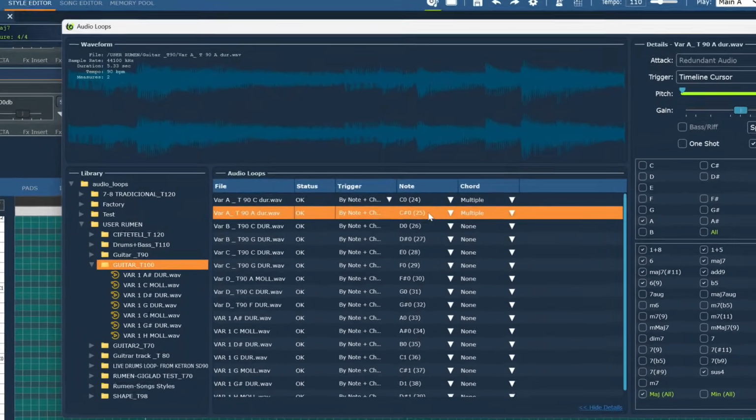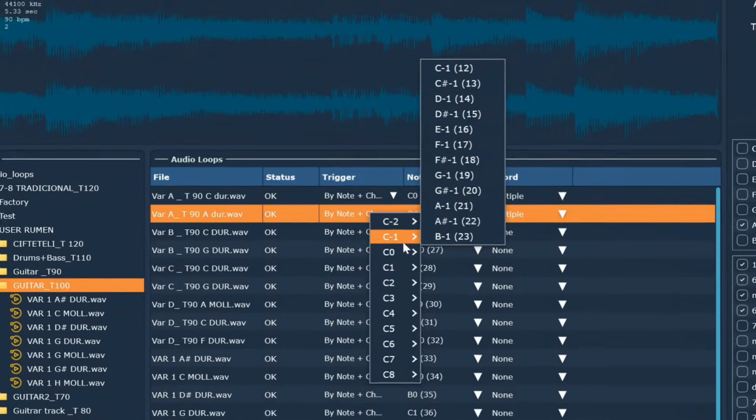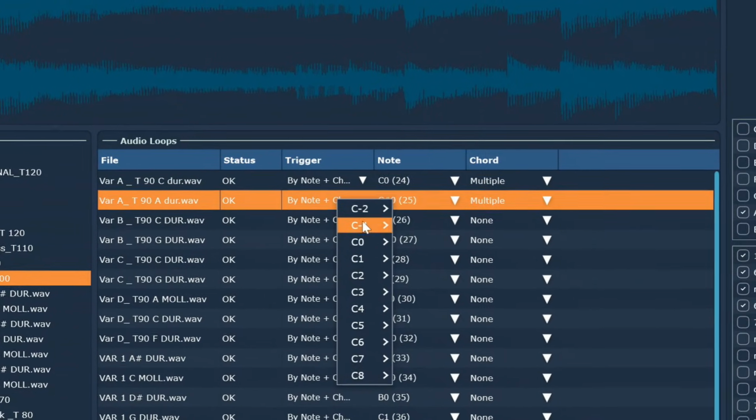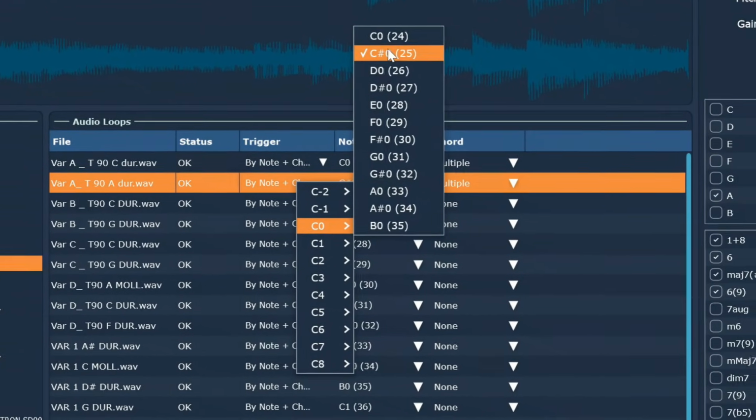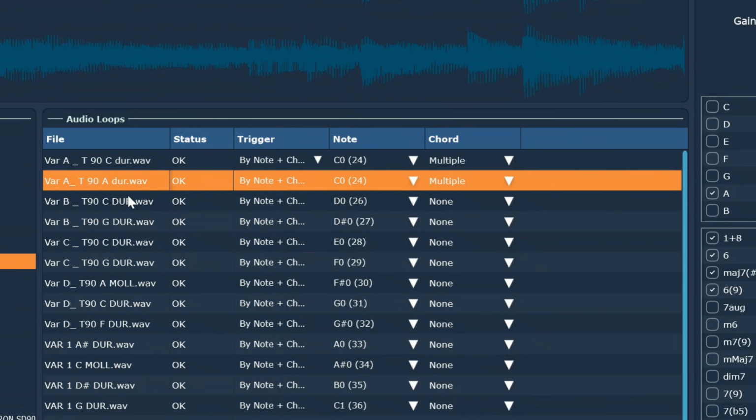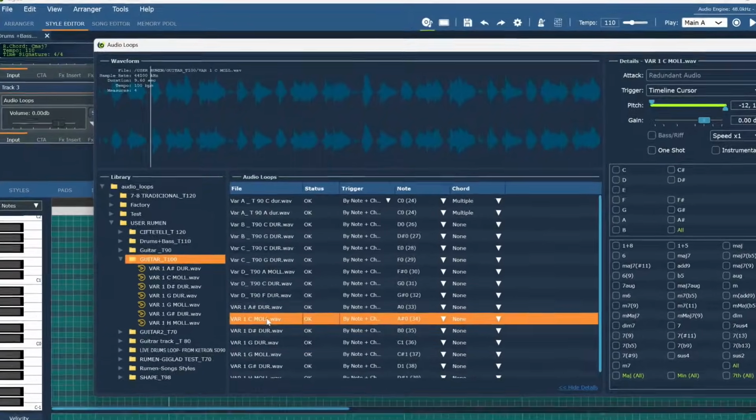All phrases will be set to by chord plus note. This allows me to control exactly where each phrase is triggered. I will place these phrases in the first variation, but instead of selecting all in the key settings,